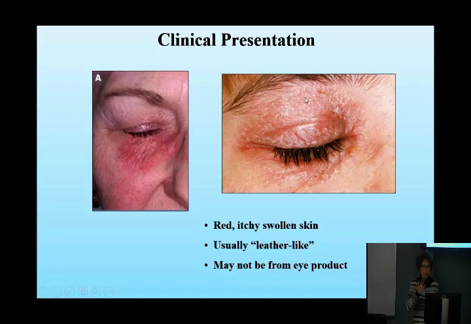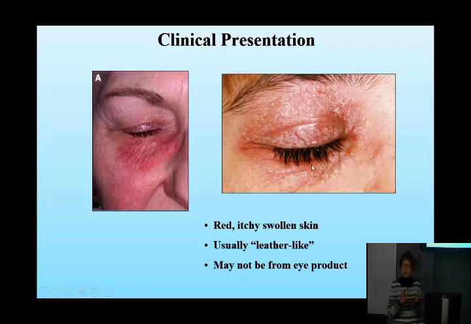You see all these little folds. It looks leathery, usually by location. In this slide here, all of her irritation, well, I shouldn't say all, she's got a little bit down below, but very isolated around the eye right here. This most likely is a product that she's using on her eye, possibly even her mascara, because look, as she closes her eyes, her eyelashes are touching down here, and she's got a little bit of reaction down here as well as up above. So first thing if I see somebody looking like this, first thing I say to them